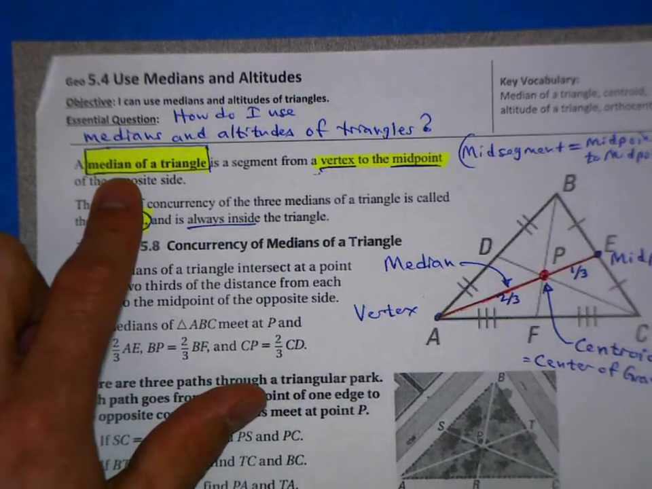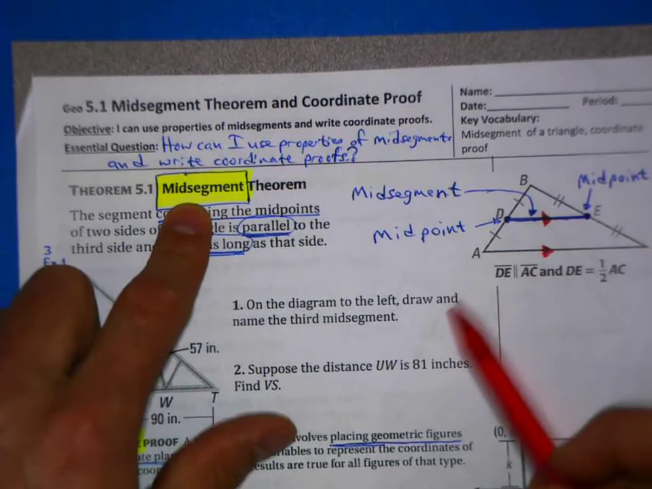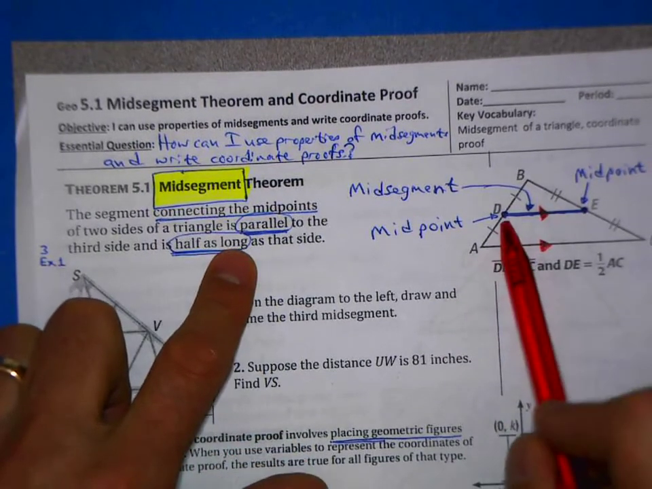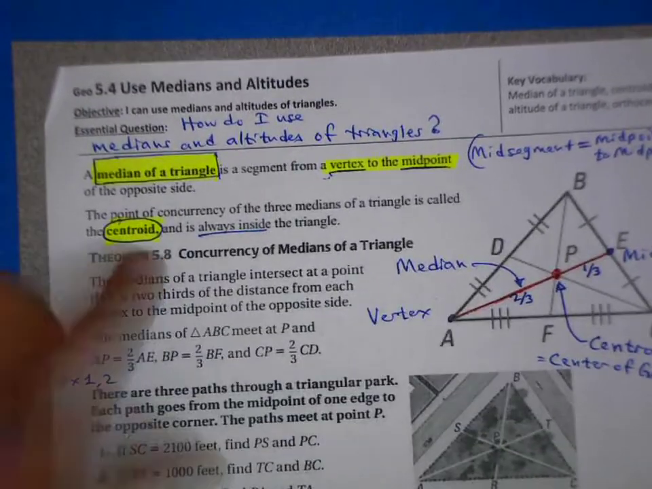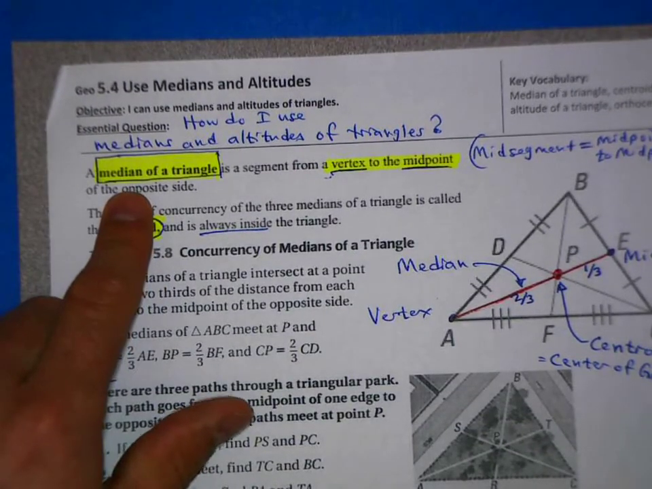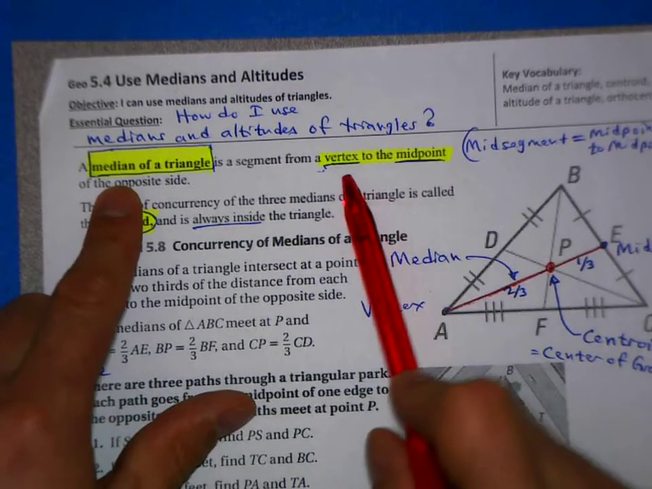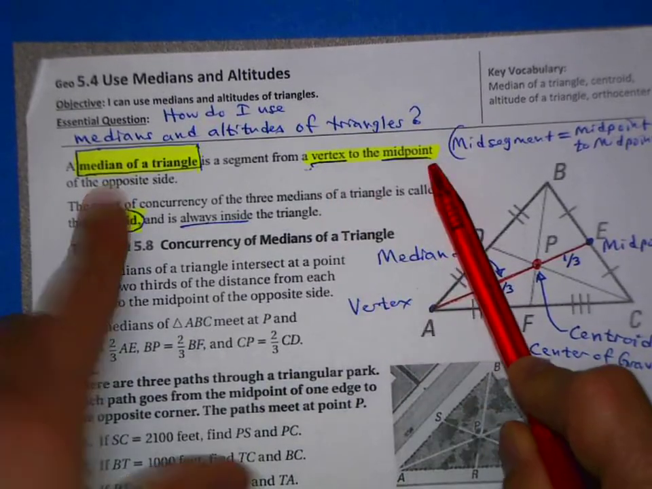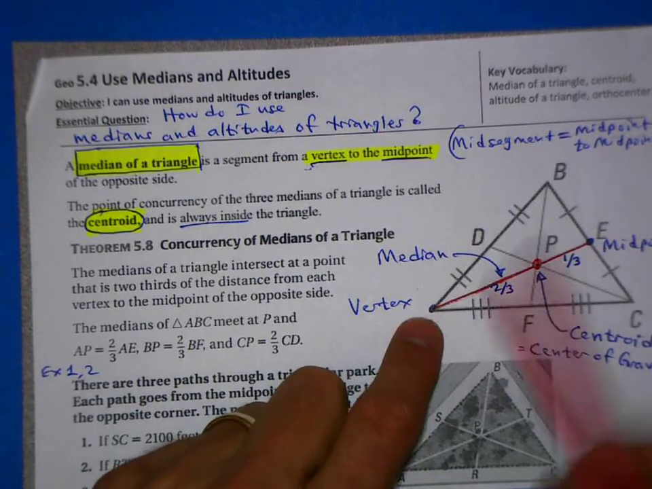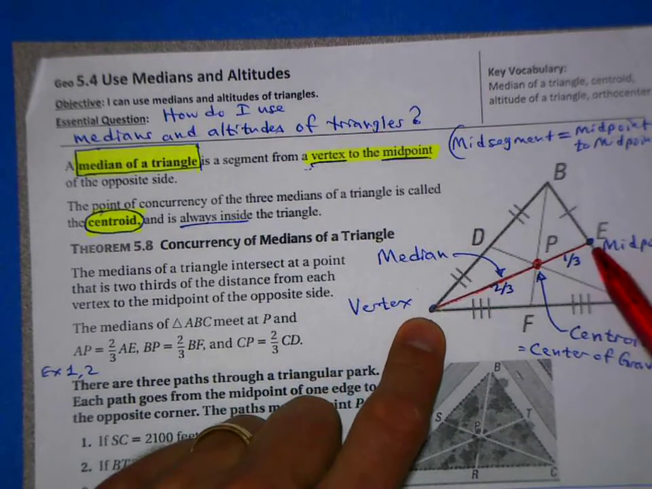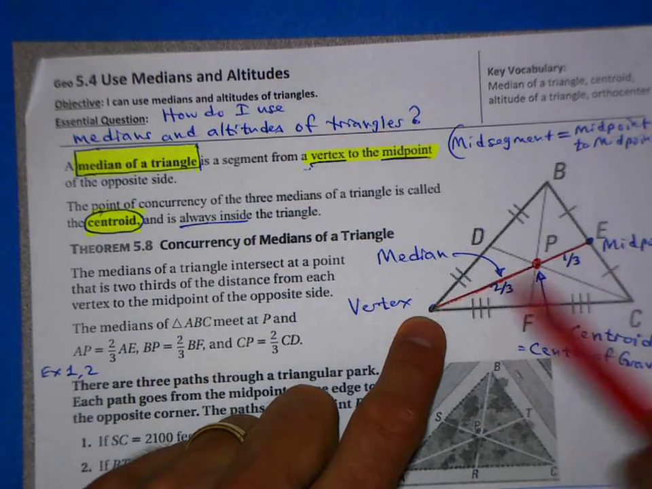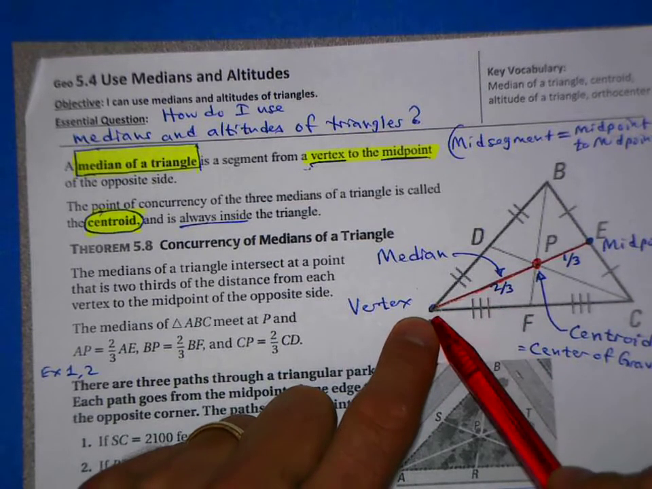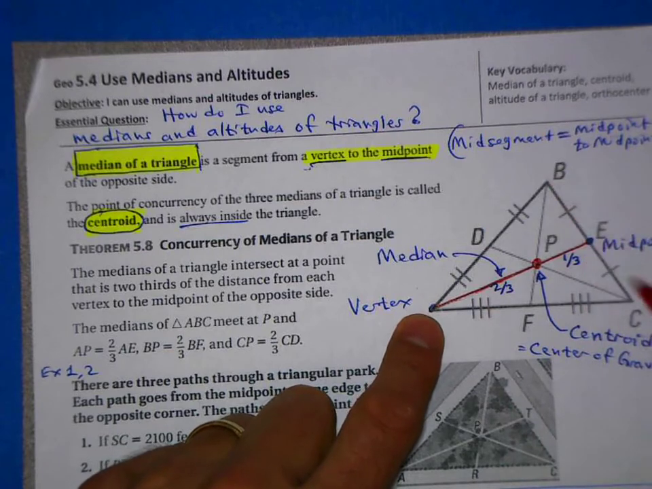Remember mid-segment. Go back to your 5.1 notes, mid-segment. We had the idea of going midpoint to midpoint. That's a mid-segment. But in contrast, this is a median. And a median goes from the vertex to the midpoint. So it's not midpoint to midpoint. It's a vertex to a midpoint. So this red line here is a median coming from this vertex and going across to the midpoint of the